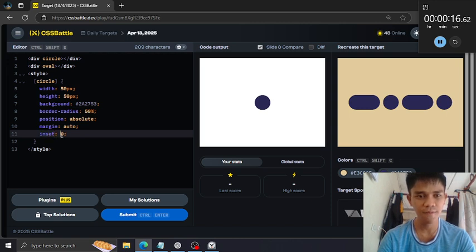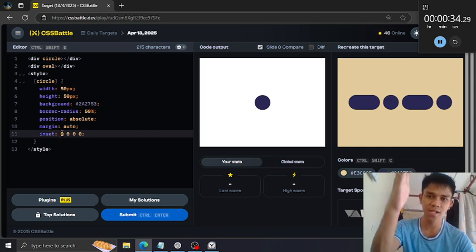This accepts 4 parameters like that, and the first parameter is the vertical offset, the X and the Y. So from top to bottom.